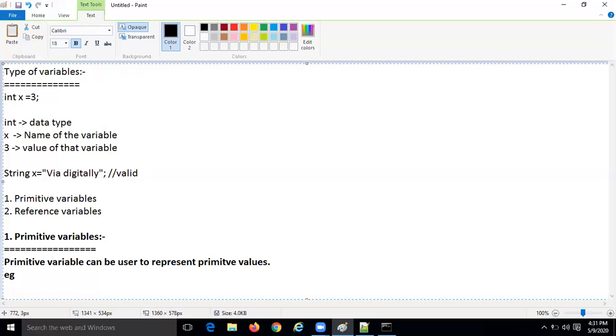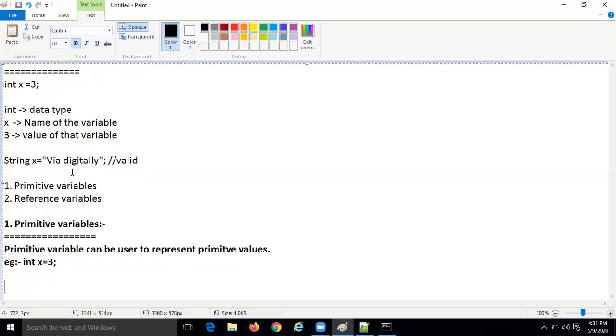Example: int x equal to 3. Next, the second one is the reference variable.